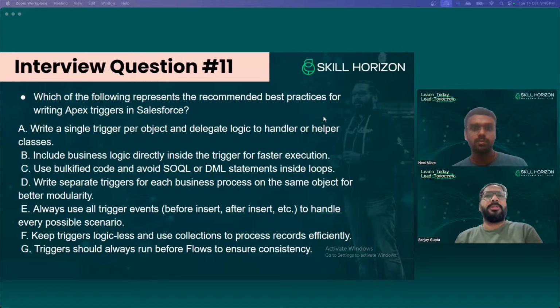Just read all the options and try to select a few. Maybe Neil, you can also answer. Read one by one and say whether it is best practice or not.